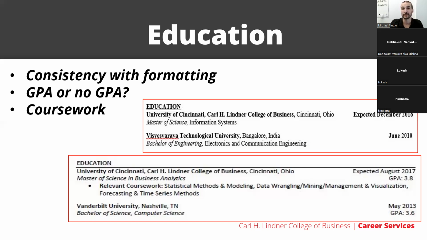I think it's a good thing to include when you're first starting out your program. So when you're in the fall semester for everybody, you obviously do not have a GPA. So what do you do then? You can just put a quick note, maybe along the same spot here where it says Masters of Science Information Systems, and you can say currently in first semester, right? And something super quick like that. That'll help you there. So other things that you can include in there are relevant coursework.